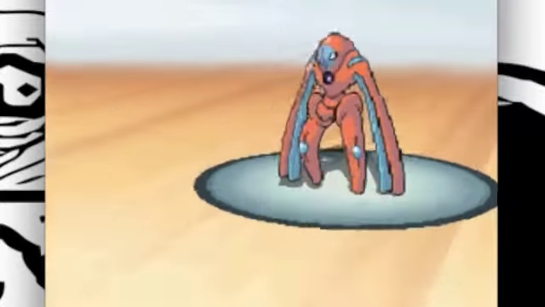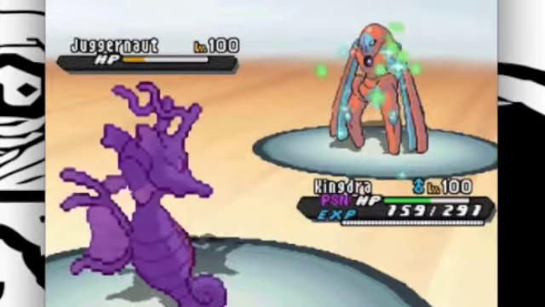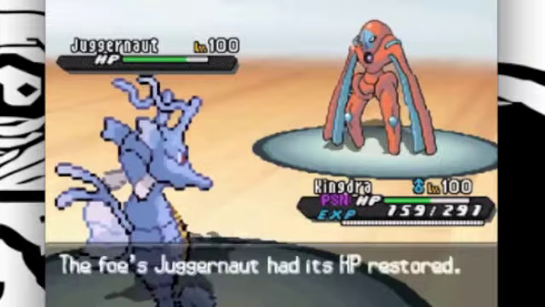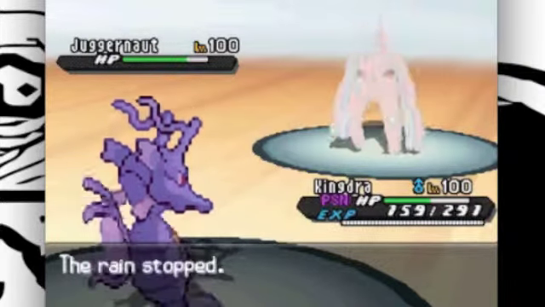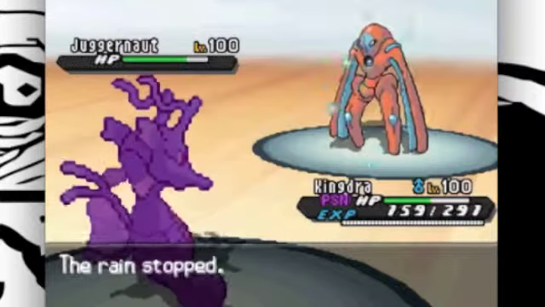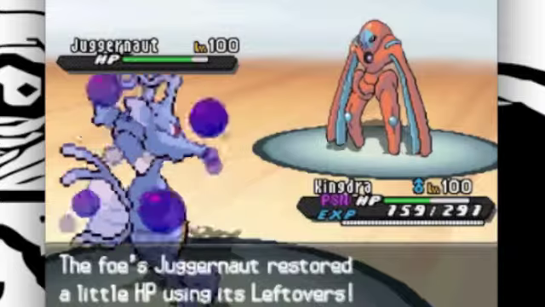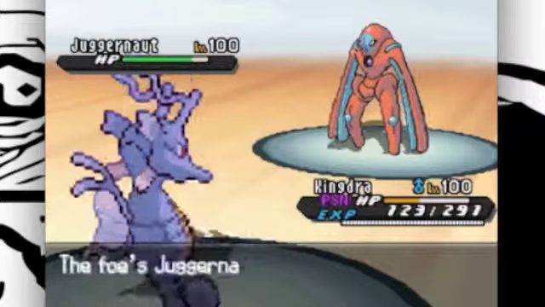Anyway, he goes for the Recover, and I realized that it's pretty much a losing battle, because if I can't take this thing out in one hit, or at least two hits, he can just recover, and the rain stops, which means Kingdra is going to be slower. So I think I go for the Rain Dance on Kingdra, simply to set up for my